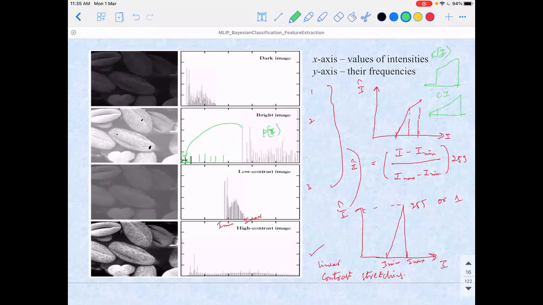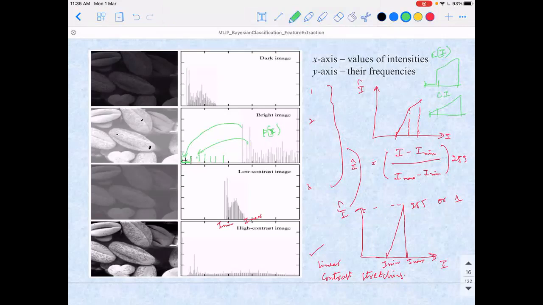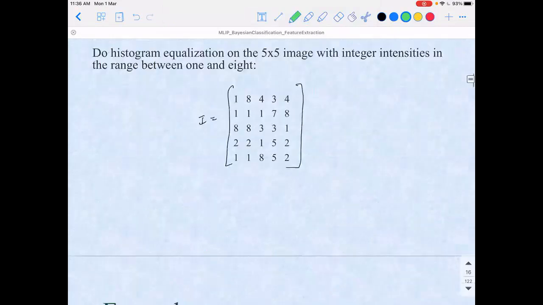So from here to here, if I count, I get some reasonable count, right? So this will come here, and there will be a gap, and this will come here. Something like this. What I'm trying to say is, instead of stretching just by intensity index, I will stretch based on the number of pixels taking that index, based on the frequency of the pixels taking those intensities. That is referred to as histogram equalization.